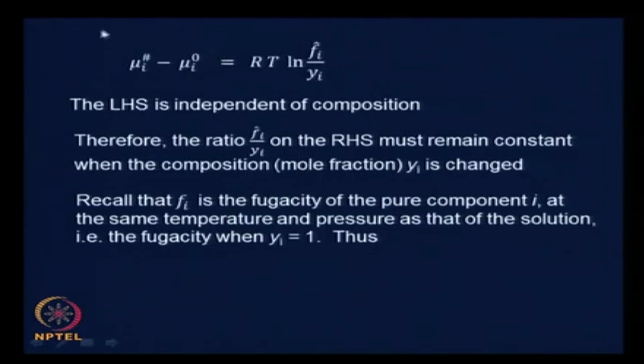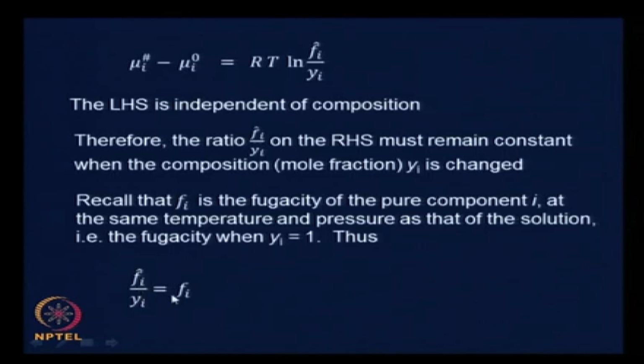We said that the left hand side is independent of composition, therefore the right hand side should also be independent of composition, but you have a term for the composition y_i here. Therefore, the only way by which the right hand side will be independent of composition is if the ratio f_i hat by y_i remains a constant when y_i is changed, and we had used that argument to get to this